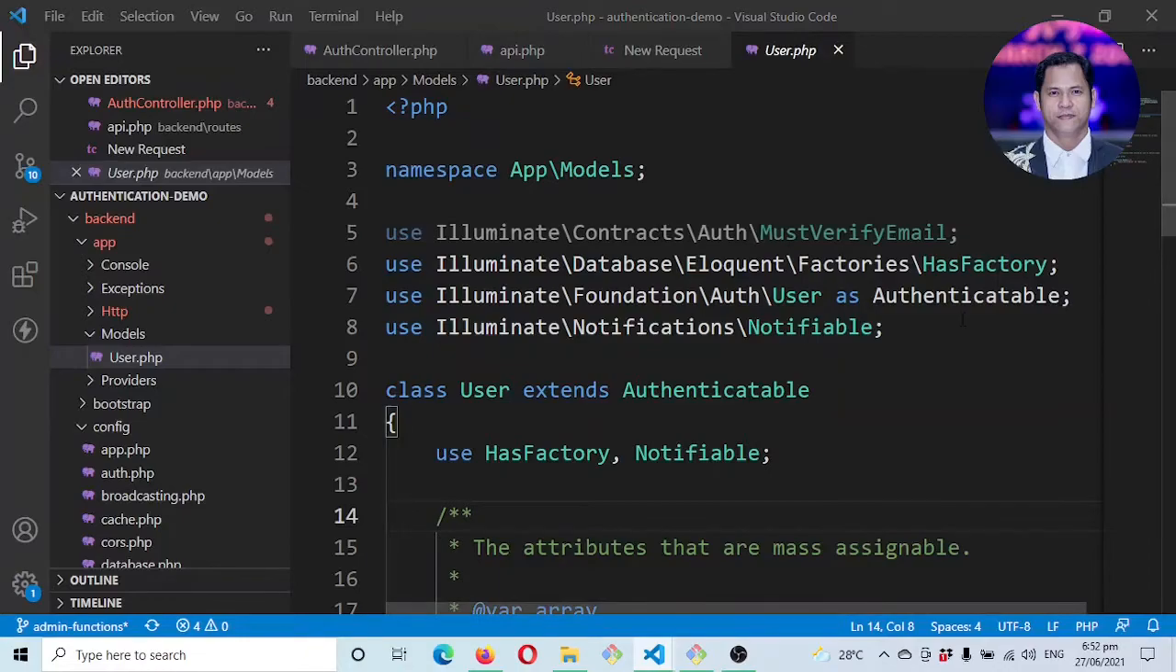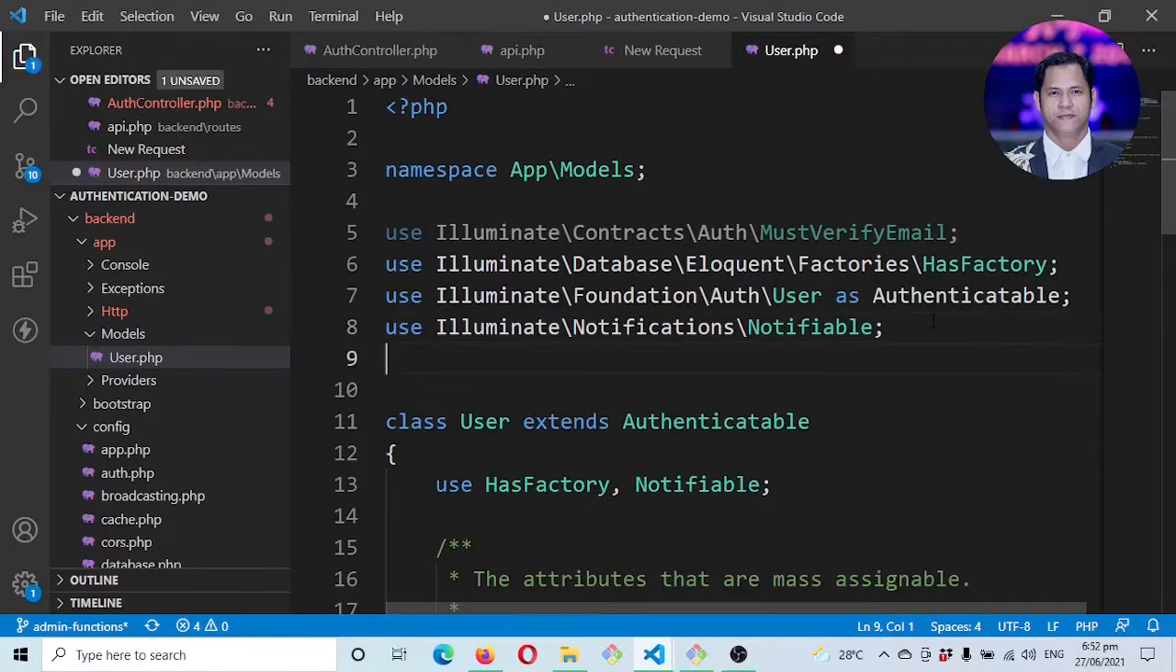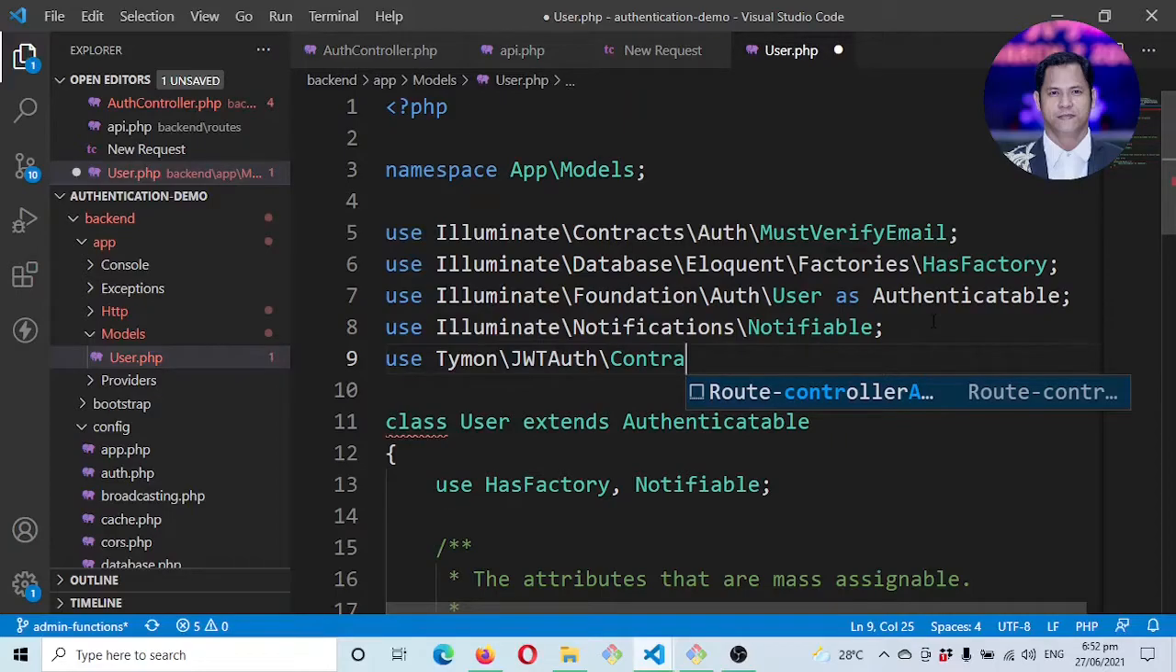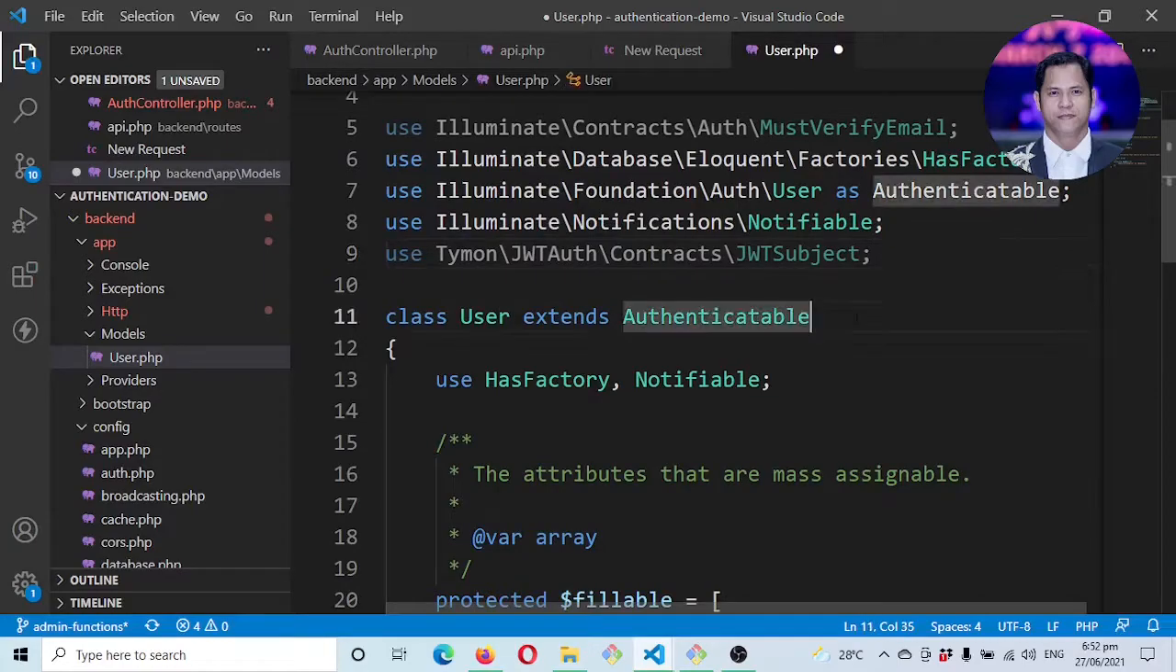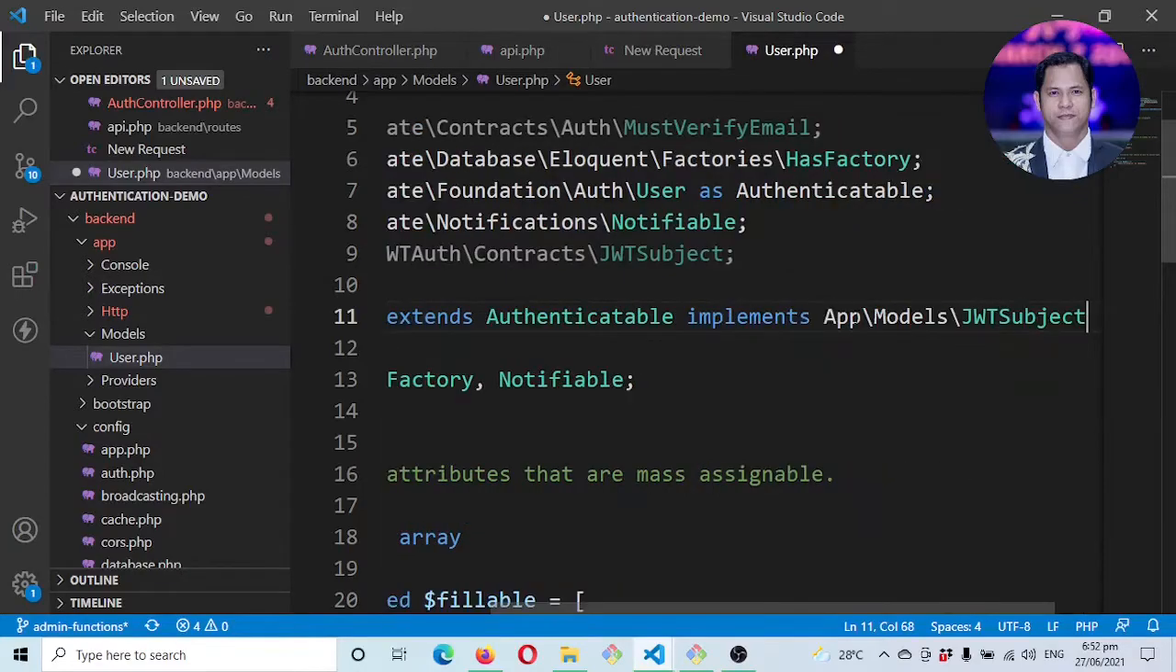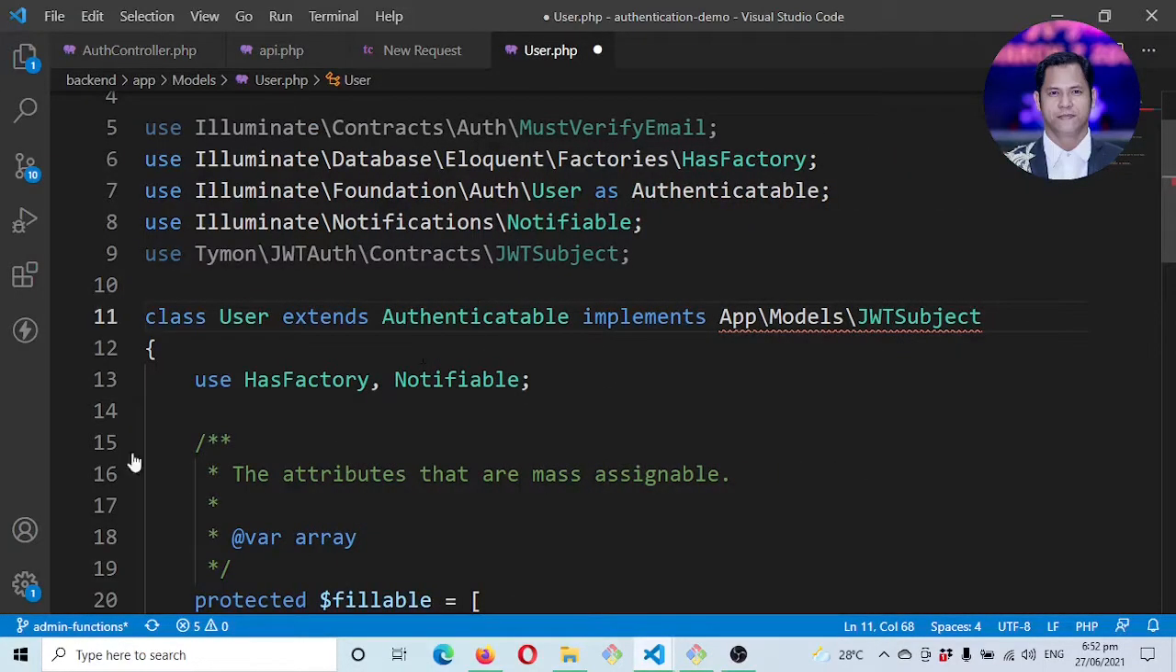And now we can use a trait here. So we use Tymon\JWTAuth\Contracts\JWTSubject. And now we'll just implement that here. Implements JWTSubject. And you know what happened when we implement